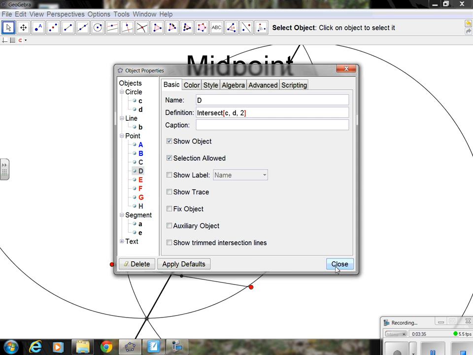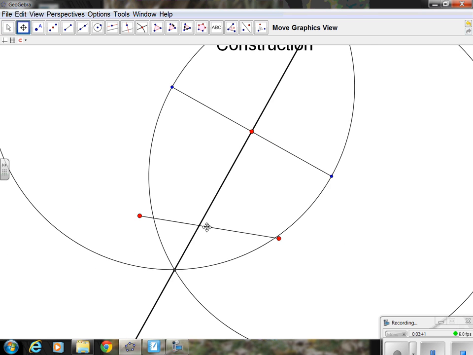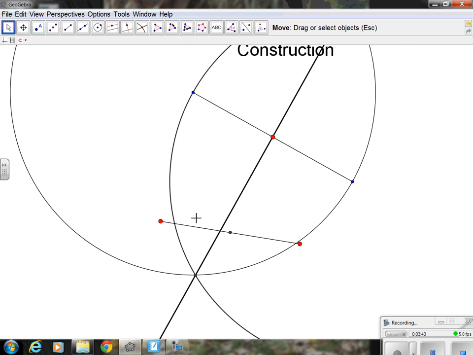And I hit close, and I can see that this segment down here does not have any circles attached to it. So that one was just made using the shortcut tool. The other one was actually made